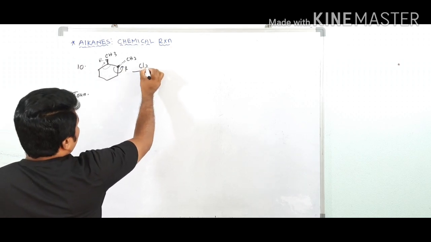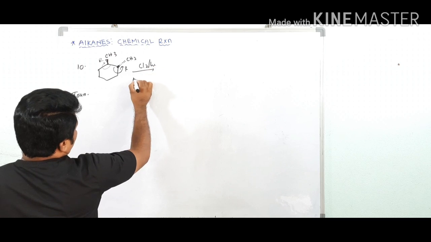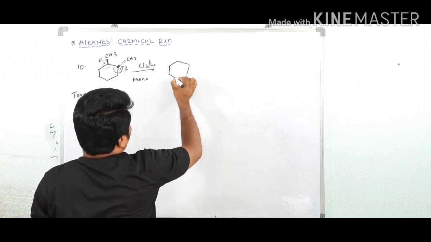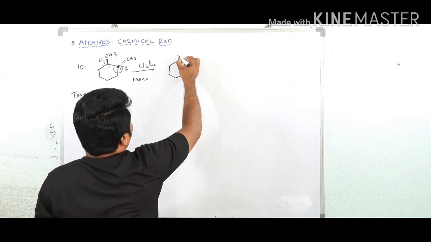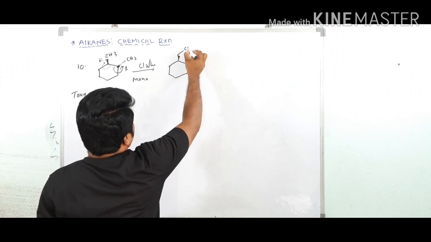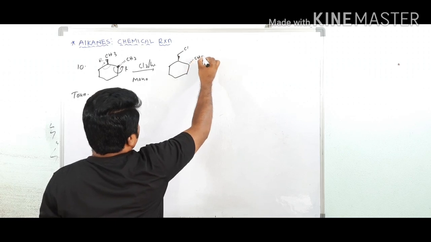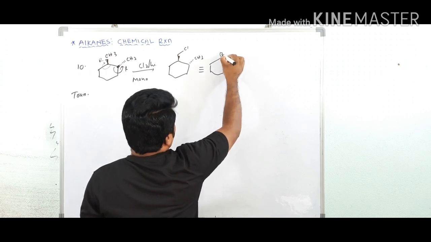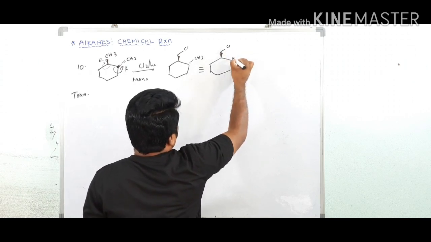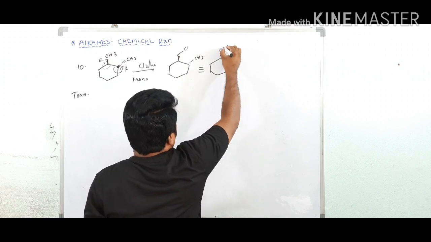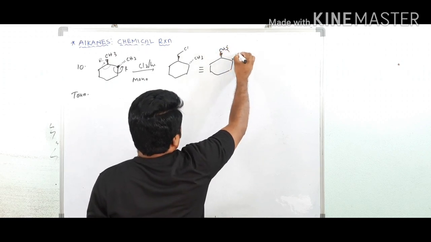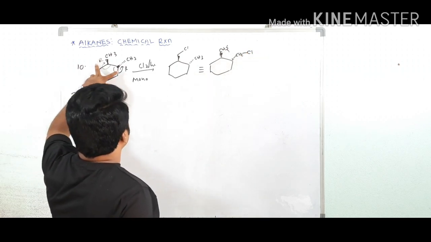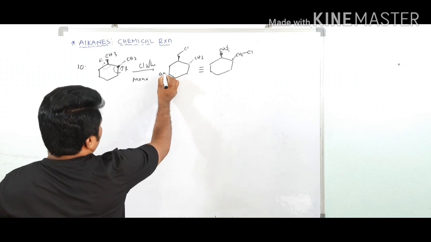So if you do the monochlorination, both are same. It means you will get here only one product. This is Cl. Only one product. So this is identical, because if you do the chlorination, here both are identical, only one product, because both are same, having the same configuration. This is A, one you are getting.